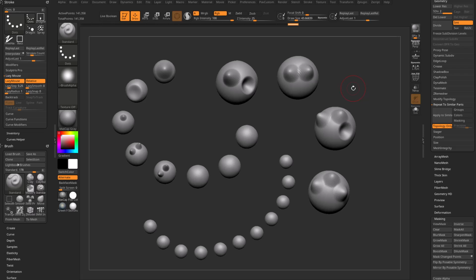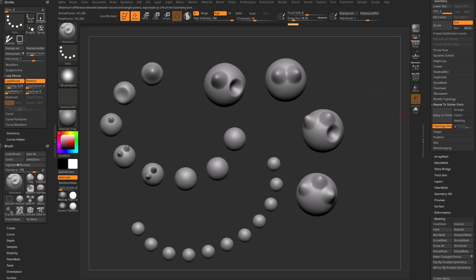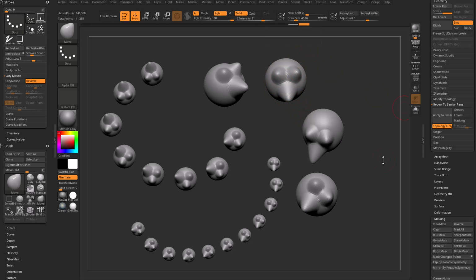However, ZBrush is looking at these changes and determining if I go through here and I say, with topology only turned on, no matter what I do to one of these objects. So again, I'll just move this out. So this is the object I've updated since I stored history. Apply to similar. Regardless of any changes I've made, if it's the same topology, it will get this object propagated